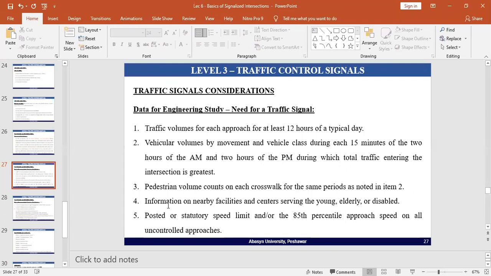For example, cinemas, theaters, shopping malls, commercial plazas, restaurants. So you also need information on that because